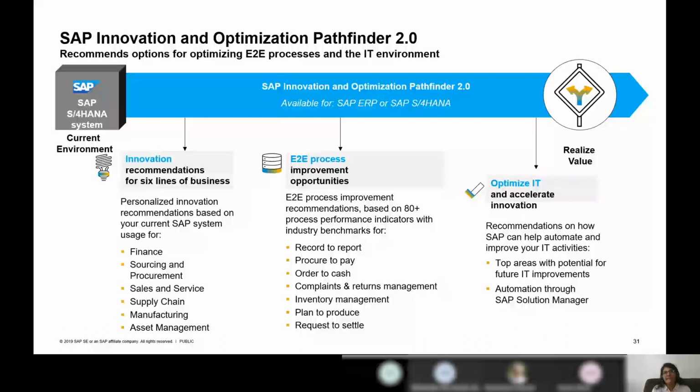So you will see the tremendous difference which has come in between 1511 and 1909. Not only the Fiori applications, even the performance of Fiori applications has improved. That listing you can get from these Pathfinder reports. So this report can be availed. I would suggest all the customers avail this report once in 6 months so that they can see what are the new things which are popping up and the new products, as well as optimize on your innovations.